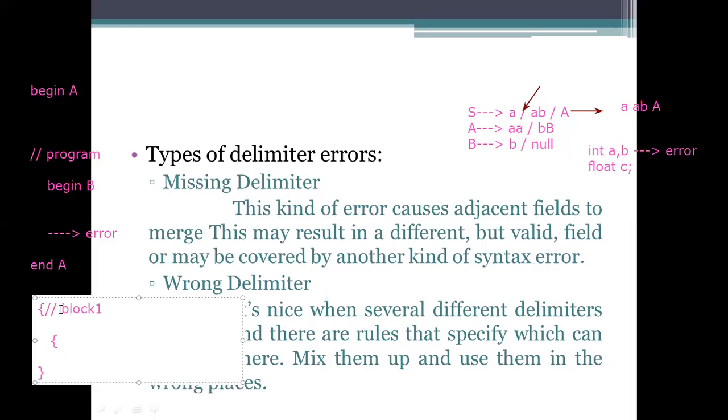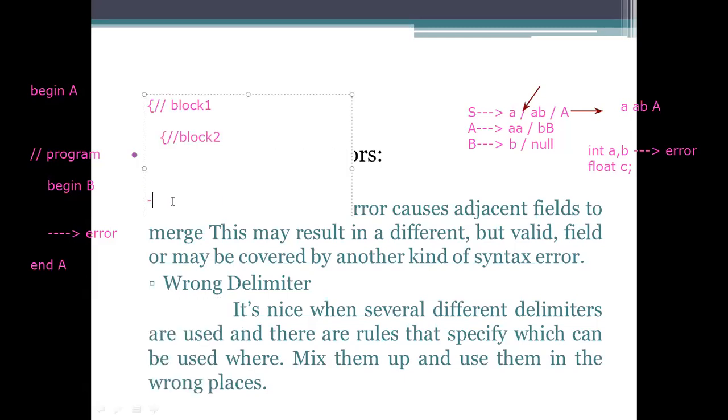This is for block 1 and this is for block 2. From here it starts block 2. So where we have to end this thing, after finishing the logic of all these block 2, we need to write this one. If we fail to process this one, at this point the statements have ended, but we didn't close that one, and block 1 continues.